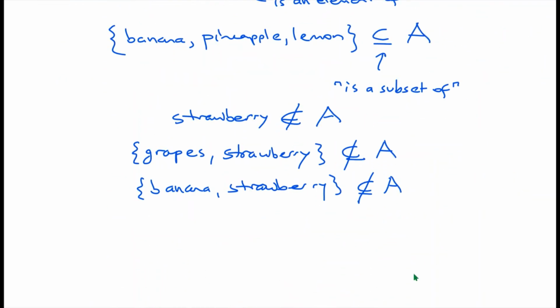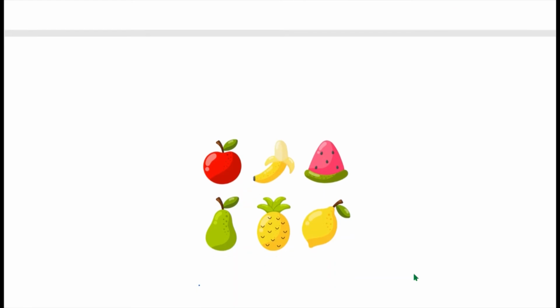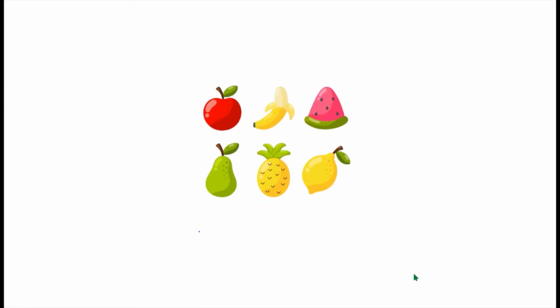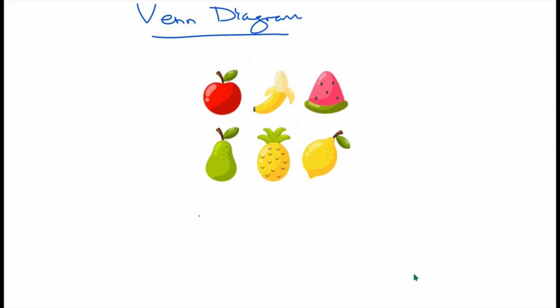All right, so one last thing about sets. I'm going to bring this picture back again. You may have seen a Venn diagram before. You might have seen this in previous courses, not even necessarily math. Sometimes we use Venn diagrams for other subjects. And Venn diagrams show you how the sets are related to each other. So for example, if I look at this fruit again, and if I say A is the set of yellow fruit,